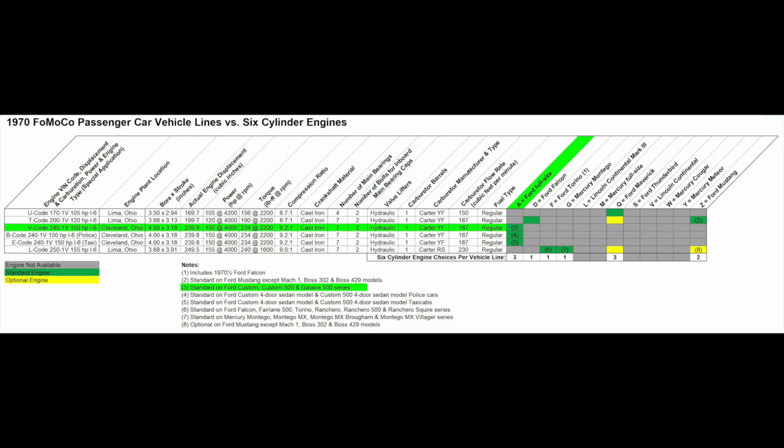The actual engine displacement calculates to 239.8 cubic inches, or 3.93 liters, and it developed 150 horsepower at 4,000 RPM and 234 pound-feet of torque at 2,200 RPM, with a 9.2 to 1 compression ratio. The engine had a cast iron crankshaft that rode in 7 main bearings, with all 7 crankshaft main bearing caps having 2 bolts each. Additionally, the engine had hydraulic valve lifters, a Carter YF one-barrel carburetor that flowed 180 CFM,